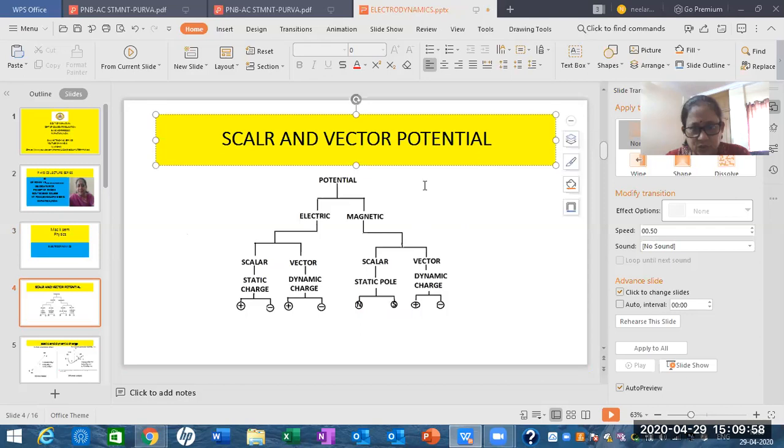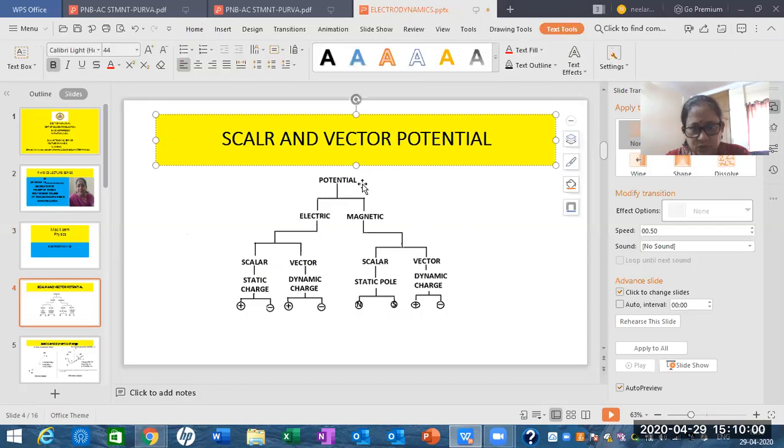So potential is what? It refers to a point which is energetic in the space. So energetic point, it can be electrically energetic or it can be magnetically energetic. There are two types of energy. So depending on that, we call it electric potential, and it is also called magnetic potential. So why is electric potential produced? What is the cause? And why is magnetic potential produced? What is the cause? That can be understood by following the hierarchy shown here.